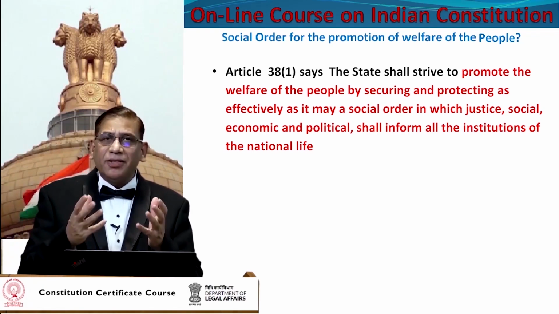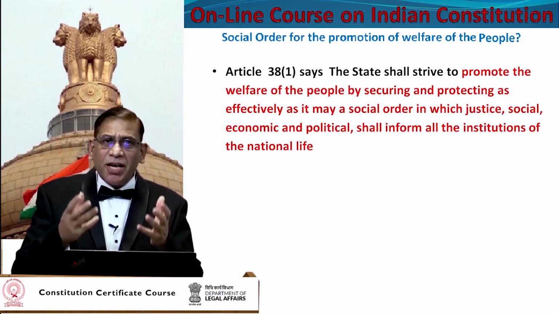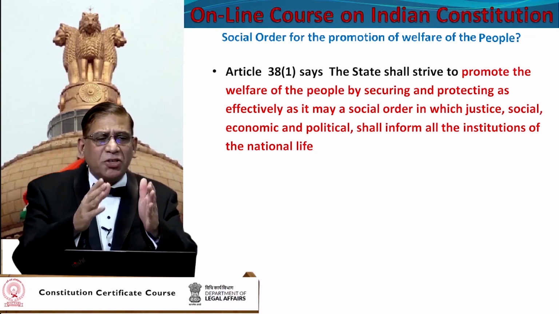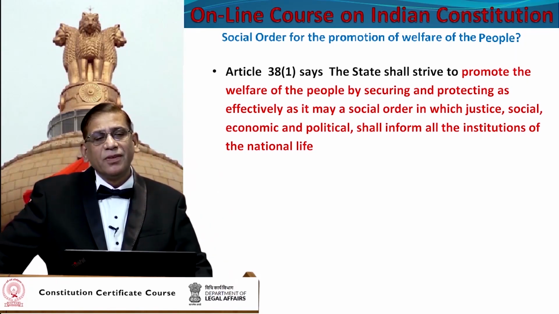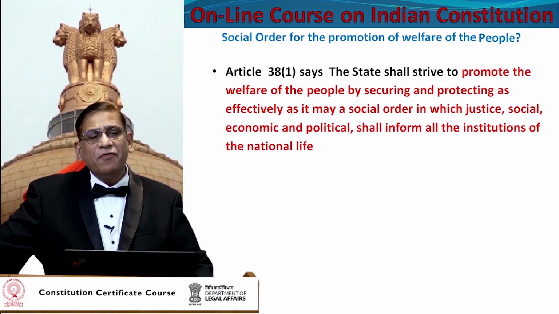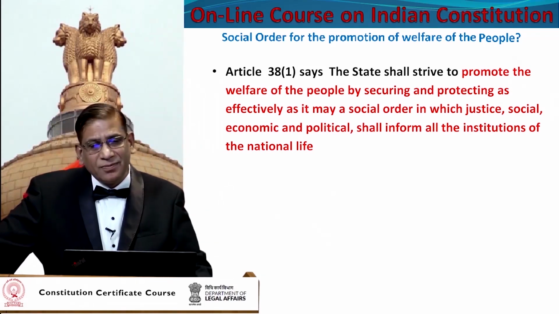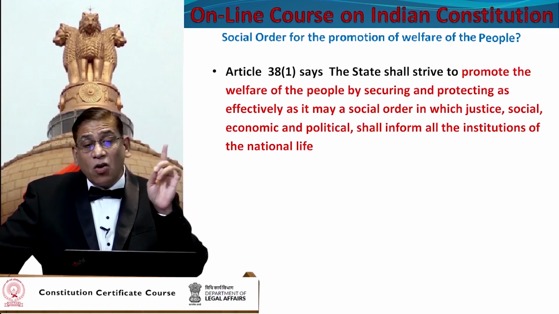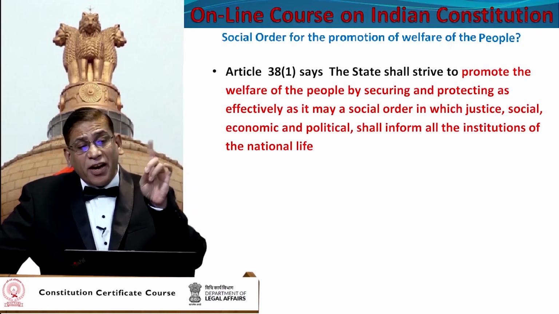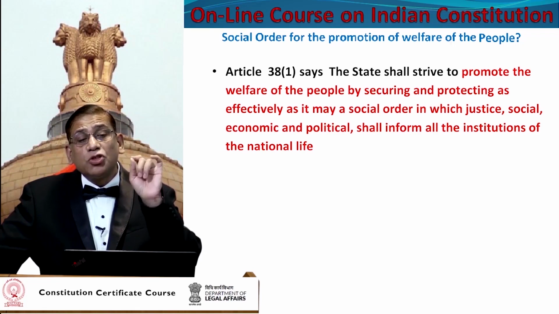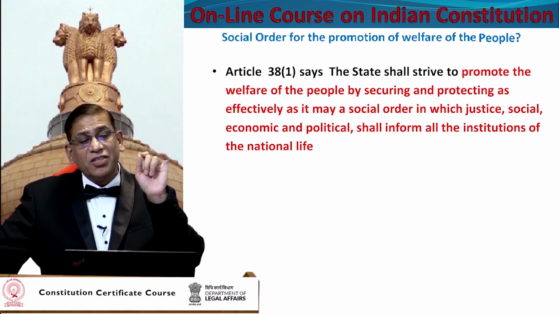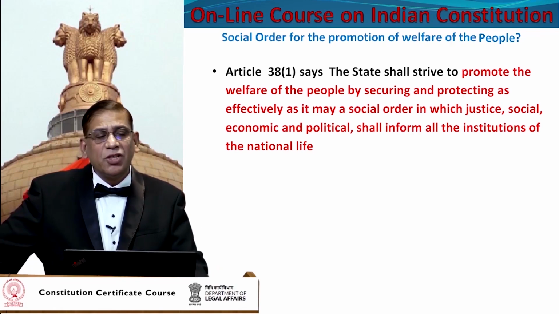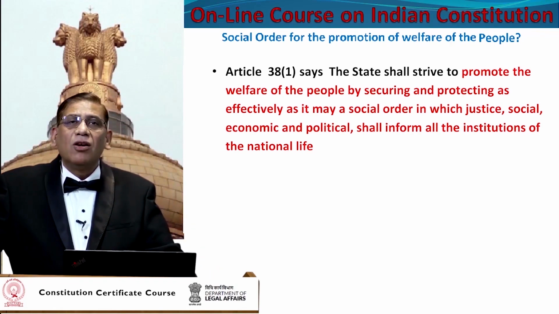The mandate, the duty, and the obligation of the state is mentioned here. What do we want to achieve? Welfare of the people. How can we achieve welfare? By securing and protecting effectively a social order in which justice, social, economic, and political shall inform all the institutions